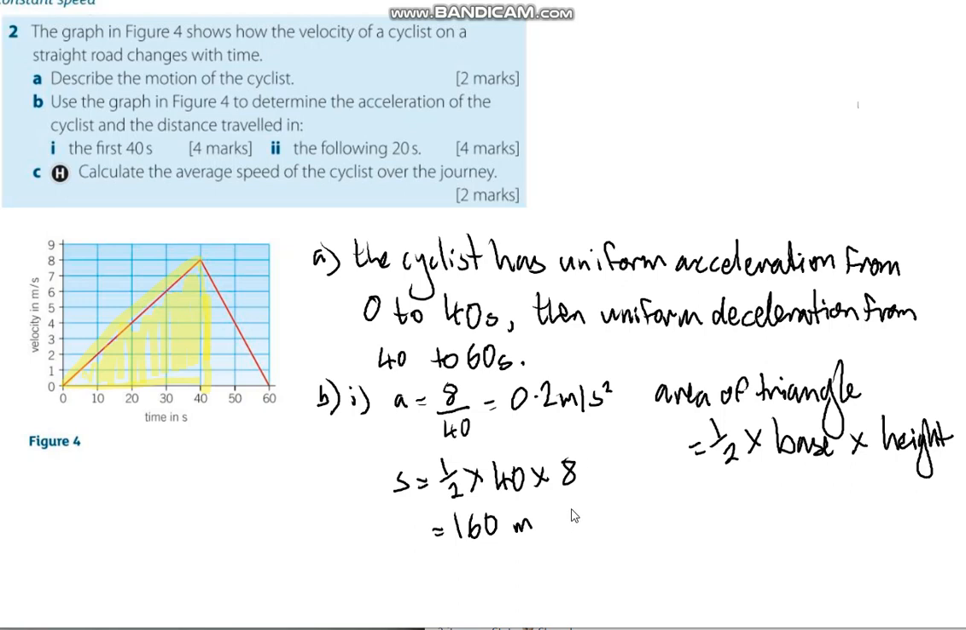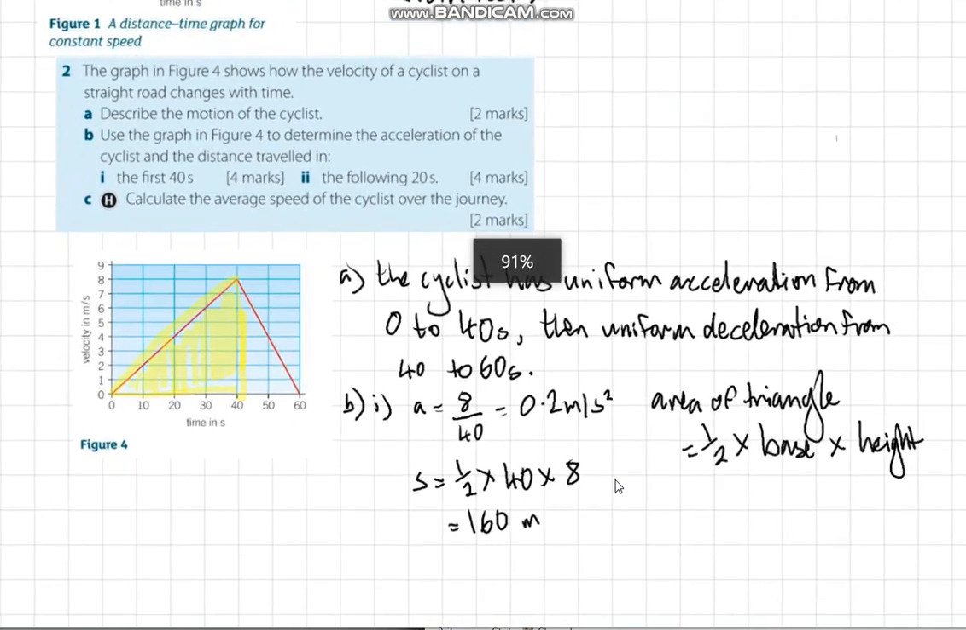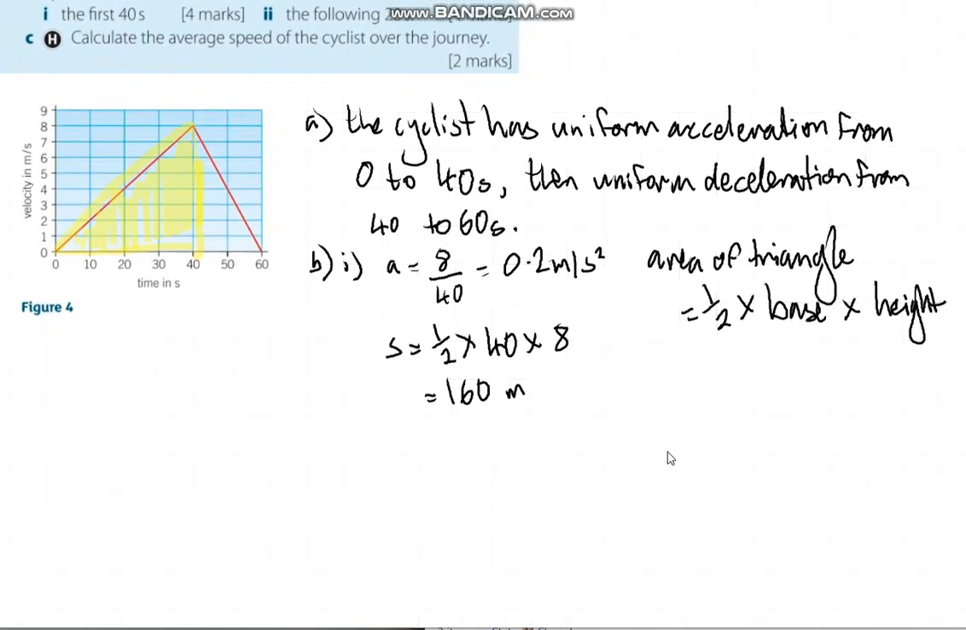And then for the following 20 seconds, so acceleration again, remember, is the gradient, and this time the gradient is negative. So we're looking now at this part, the line sloping downwards showing that it's negative, and we need to work out the area under that part of the line. So again, the equation for gradient is the vertical divided by the horizontal, so it's negative 8 because we're going from 8 down to 0,